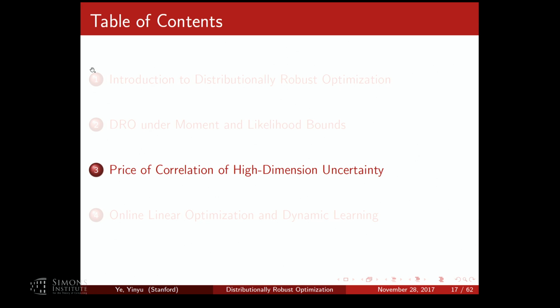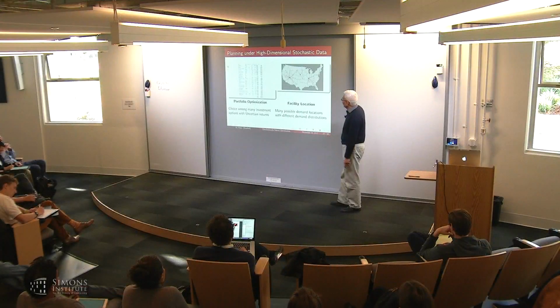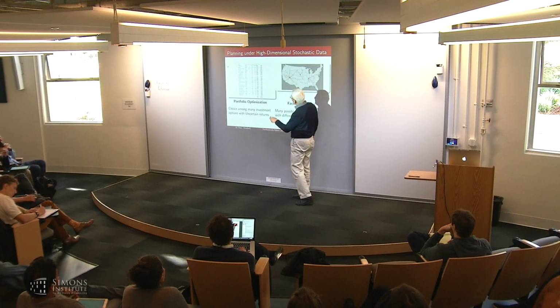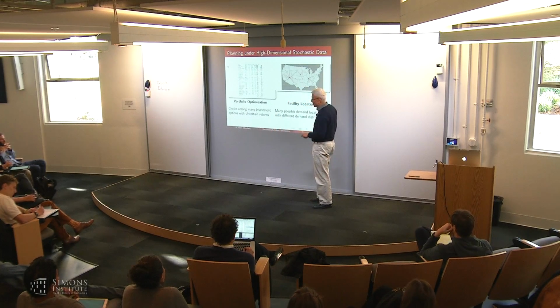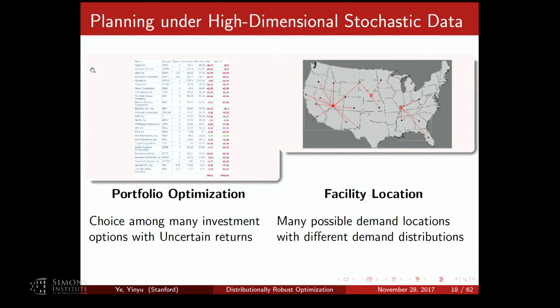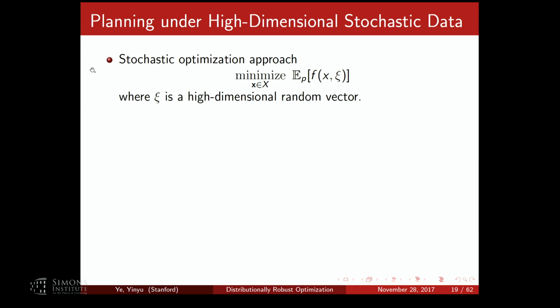So now I'm going to talk about the price of correlation, especially for high dimensional uncertainty. These are just some possible examples, for example portfolio optimization problems, or it could be facility location where demand is uncertain, most of it related to some discrete optimization, and how to build uncertainty into a discrete optimization. Facility location, but I have many demands. Demand is uncertain. Again, here I'm particularly concerned that C is of very high dimension, of course.